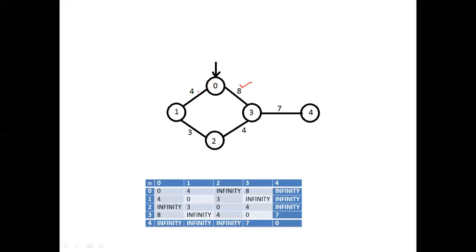Now we can observe here, if I proceed with this path 0 to 1 and 1 to 2, the total weight cost will become 7. Whereas if I pass the data packet from 0 to 3 and 3 to 2, the weight cost becomes 12. So what you can understand is, if the data packet moves through the third node, it will take more time because the weight cost becomes 12. Whereas if the data packet moves through 0 to 1 and 1 to 2, the cost weight is only 7. It will take less time to reach the destination.